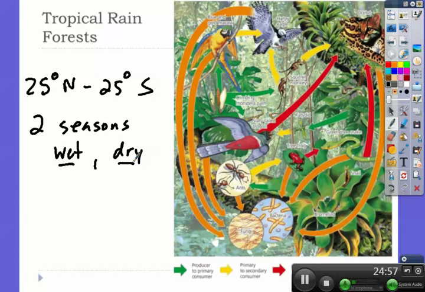So really, all of these nutrients wind up, again, cycling back and forth within one another. So it doesn't necessarily get itself down to provide nutrients into the soil, which is a reason why your tropical rainforest soils aren't as developed. They aren't very nutrient rich because, again, all of these things wind up feeding off of each other.